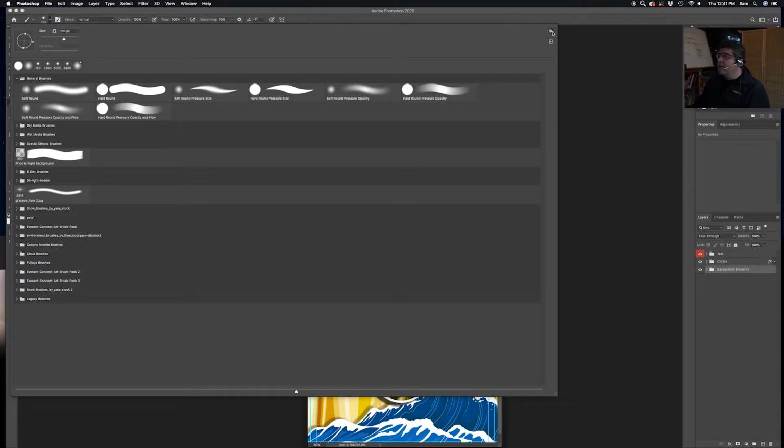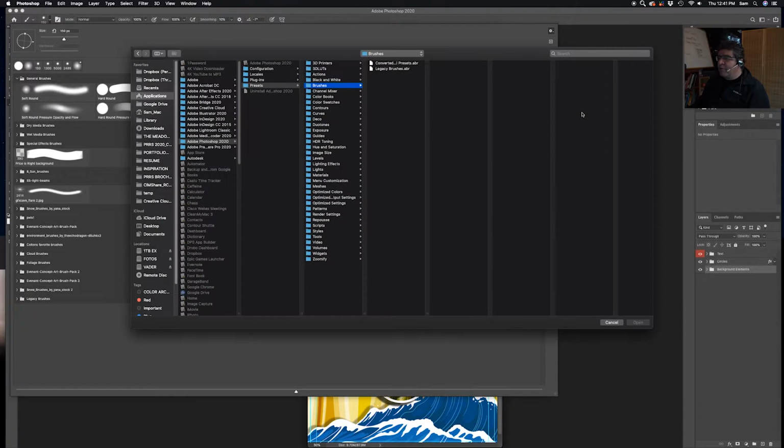It's called a whirligig. Click that guy, and we are going to import brushes. It's going towards the bottom there, okay? We're going to import those brushes I gave you. I gave you 3 brushes,